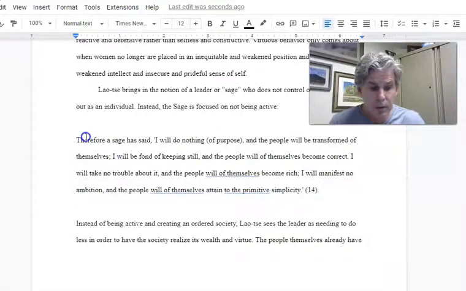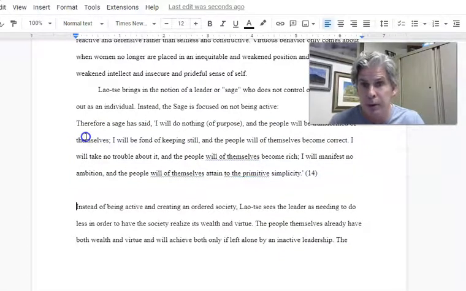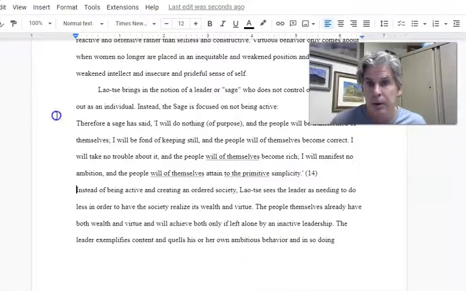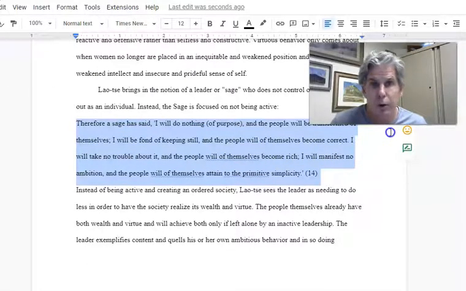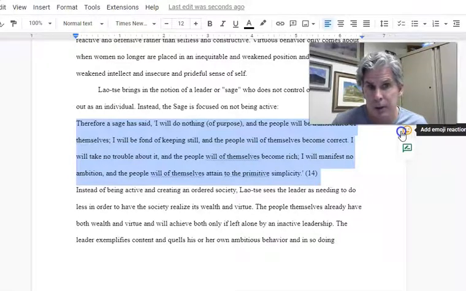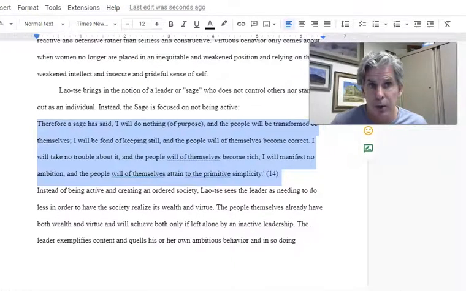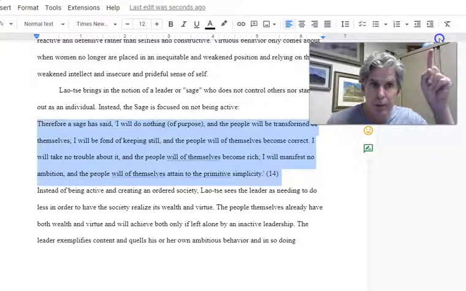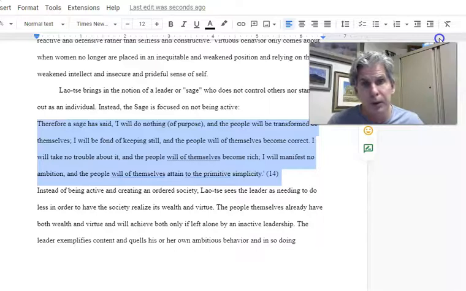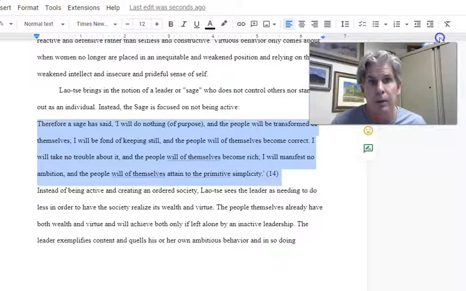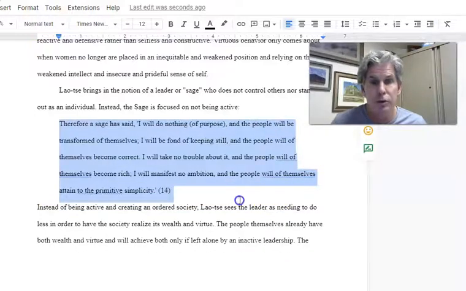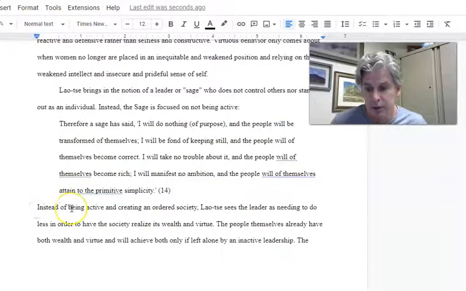First of all, let's put it not quadruple spaced, but there it is. Here is all you have to do. This is the same exact function in Microsoft, in Apple, in Google Docs. You want to go to this little guy right up here, right above my head. Everybody see that? And I know about 80% of you, maybe 73.9% of you are saying, I know about that. Well, now all of you know. You click on this and you're done with the block quote format. What you don't do is indent.